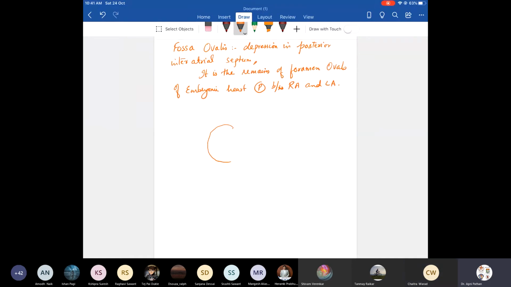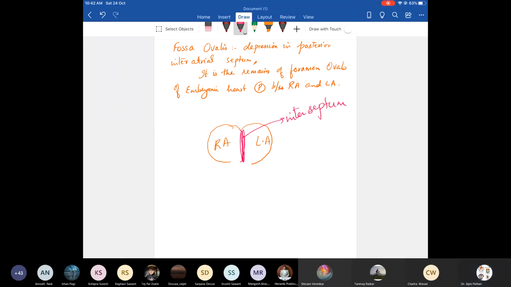Now, if you see this, this is a right auricle, and this is a left auricle, right? Do you all agree? Now, in between the right auricle and the left auricle, can you see the screen, everyone? Yes, ma'am. Okay, so in between the right auricle and left auricle, there is a septum, the interauricular septum,